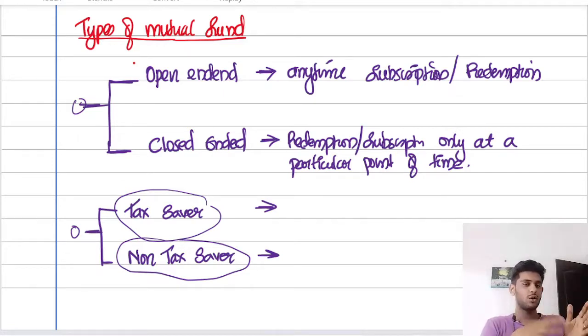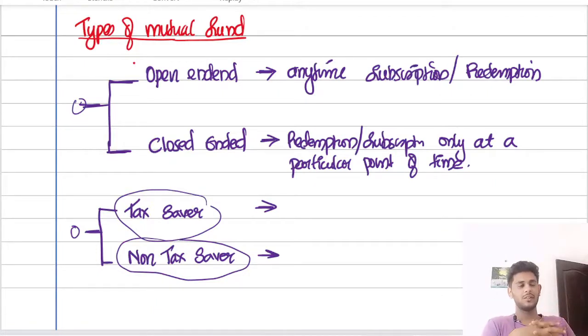Before you invest, you can have a look at the objective of the mutual fund, meaning what kind of mutual fund it is. Some mutual funds will be investing only in equities. Such a mutual fund will be called an equity oriented mutual fund, and some may be investing mostly in debt, where the majority of the investment might be in debt, and for the sake of diversification only they might be investing into